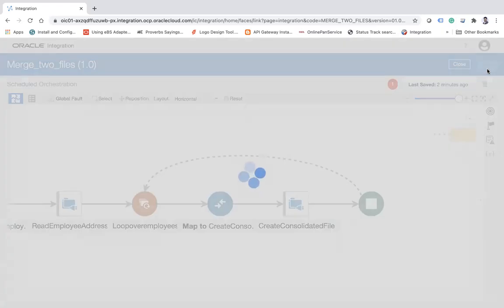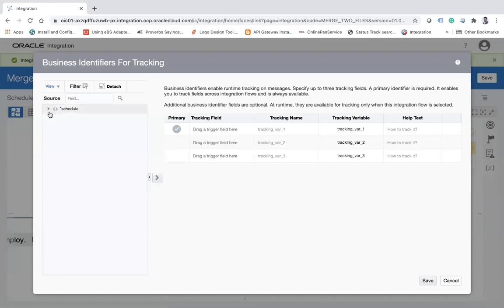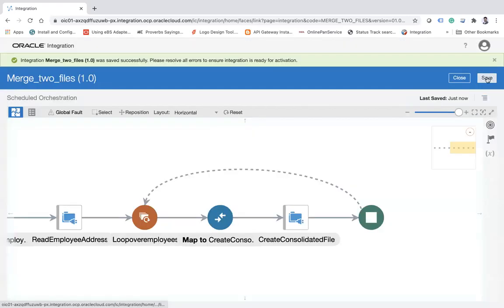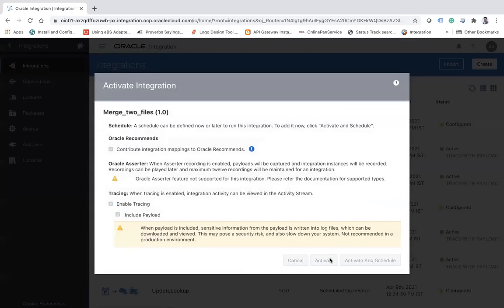Now let's try to activate this integration and let's start. Just close this, save this, and then close. Let me just activate this integration.